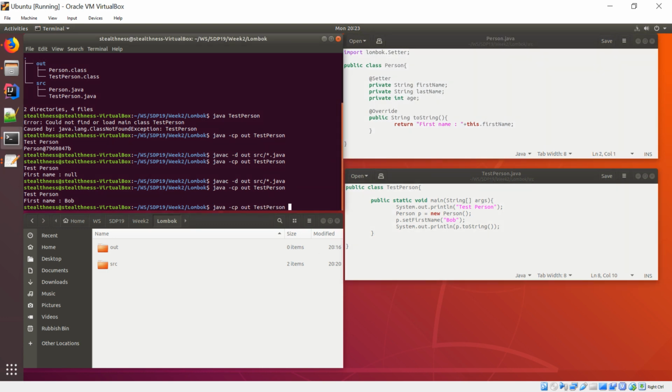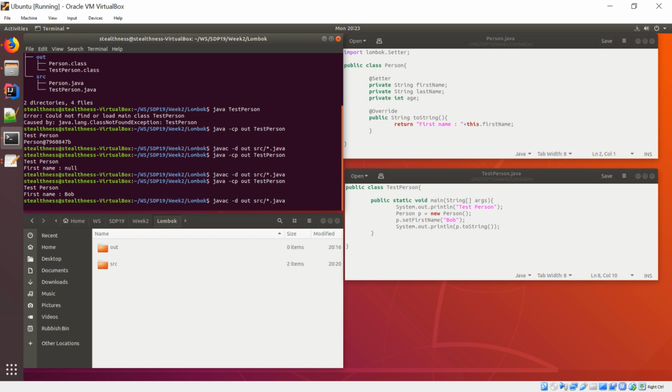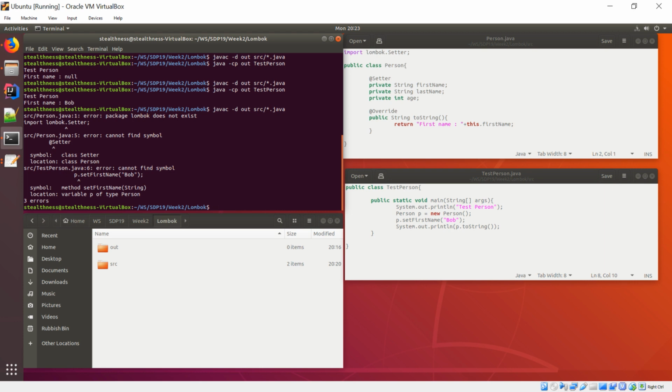Now if I was to compile this without making one suggestion, it's going to give me an error. The reason it's going to give me an error is because it doesn't know what Lombok is. I haven't told it where to find Lombok. So because it can't find Lombok, it can't find setter, and of course in the other file when it tries to compile the other one, it no longer sees a set first name, and so it can't compile that. So what I've got to do is add to the class path using -cp the location of our Lombok jar, and so for that